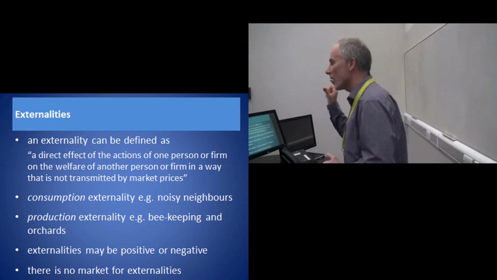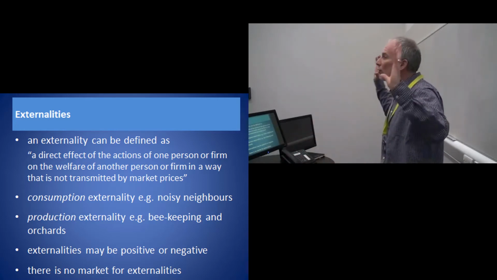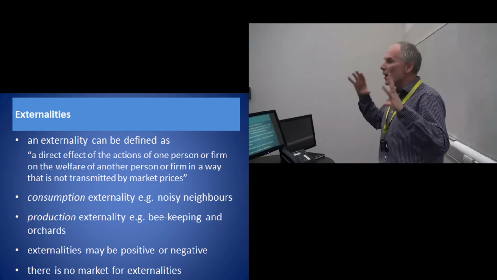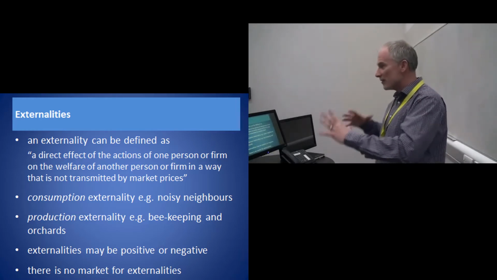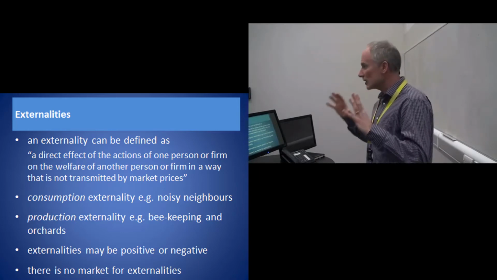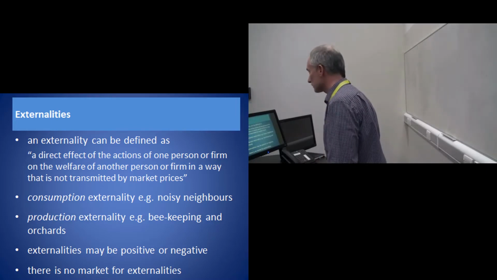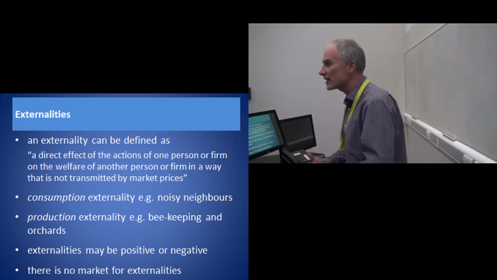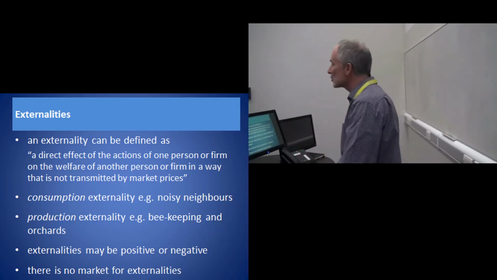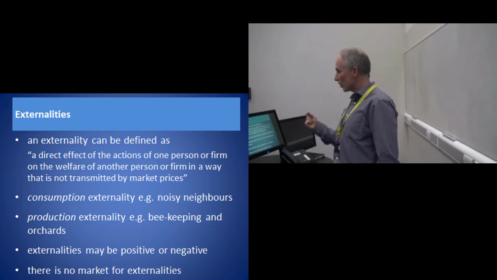The important thing about externalities is that there is no market for them. There are things that we're all concerned about, things that firms are concerned about. But when a market doesn't exist for these, and there is an impact upon others as a result, that is what's needed for an externality. And that is the key problem. Externalities arise because there are things that we are concerned about, but they are not traded on open markets. There is no market for them. And it's this exact lack of a market that causes a problem.